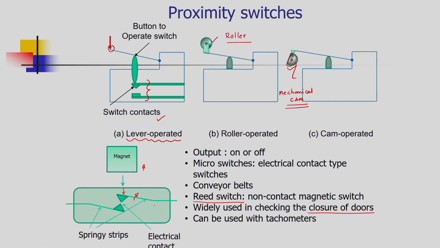The movement of the magnet will decide the opening and closing of the electrical contacts, which will generate a number of pulses. So, if we put a magnet on a rotating device, and as the magnet comes near to such a reed switch, we can easily count the rotation of that disc or rotation of that mechanical element. In this way, reed switches are very useful in tachometers to measure the revolutions per minute, RPM.